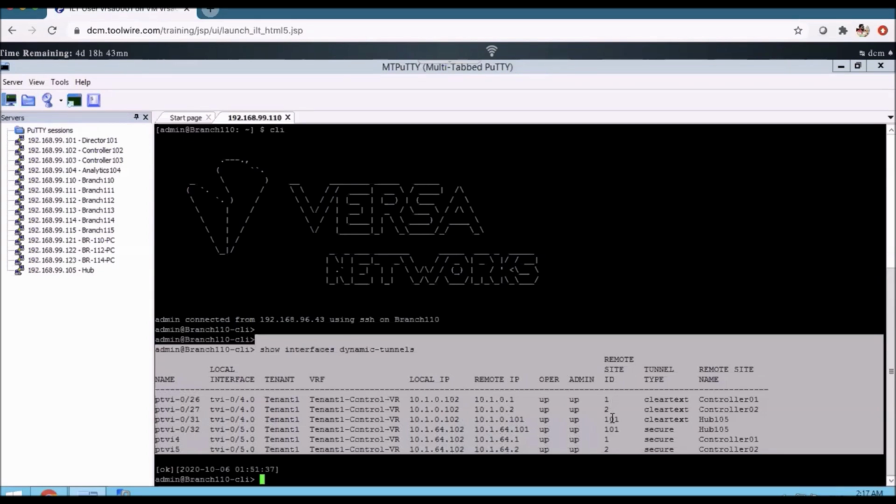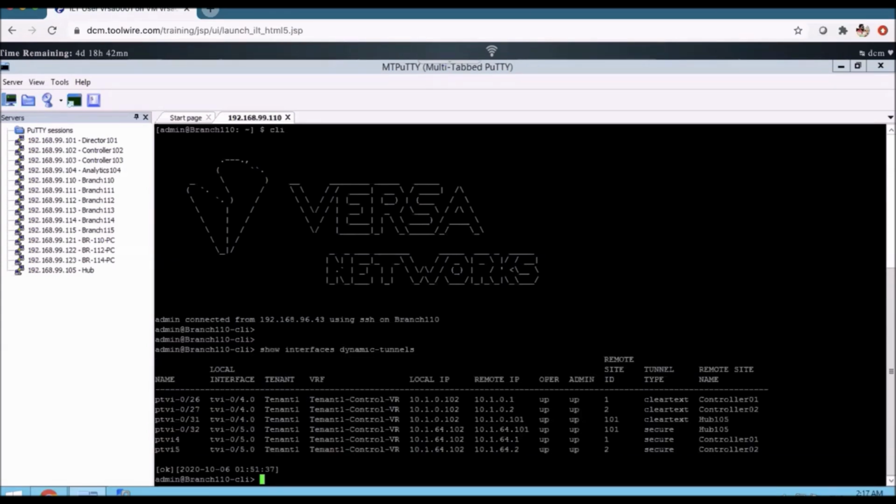What is the remote site identity? This is nothing but the branch ID. So we are able to see that. Hope you got it. These are the dynamic tunnels.